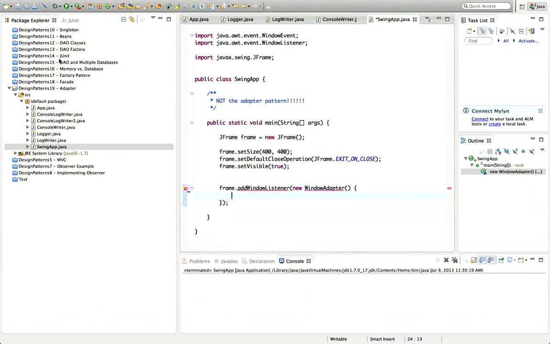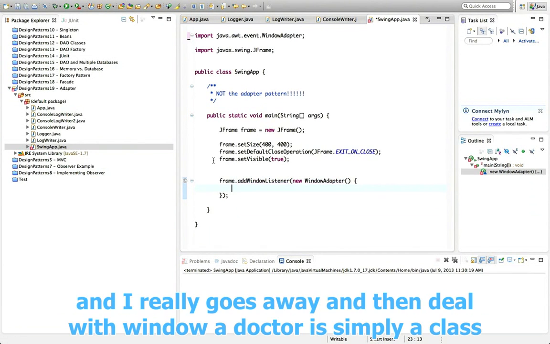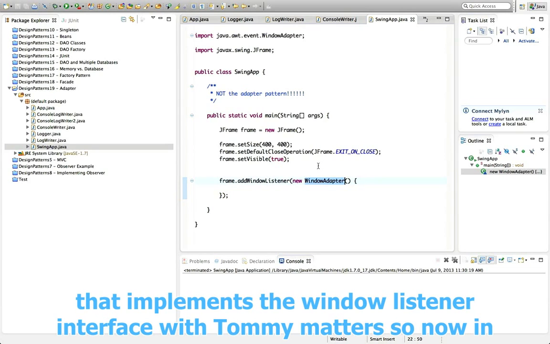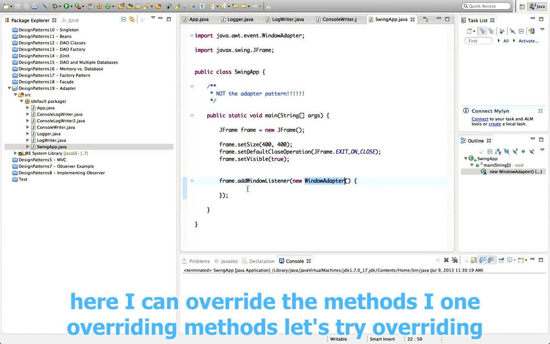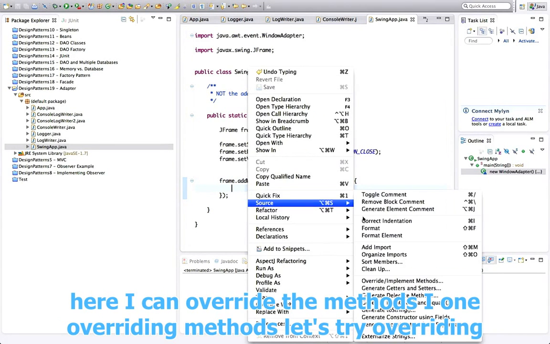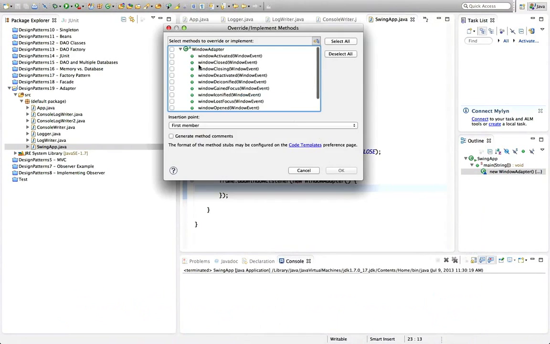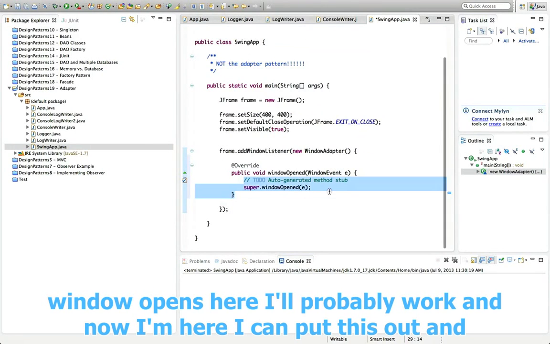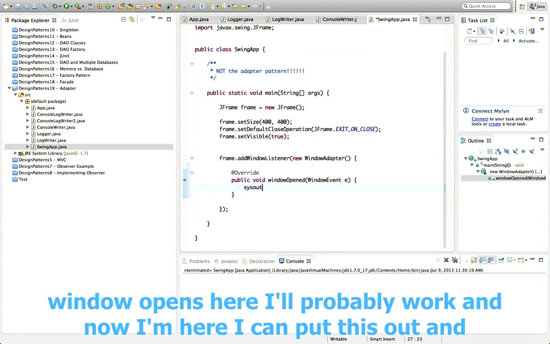And again, I use an anonymous class syntax. Let's add the import there. And now the error goes away. And the deal with window adapter is it's simply a class that implements the window listener interface with dummy methods. So now in here, I can override the methods that I want. I can go to source, override implement methods. Let's try overriding window opened here. That will probably work. And now in here, I can put sysout